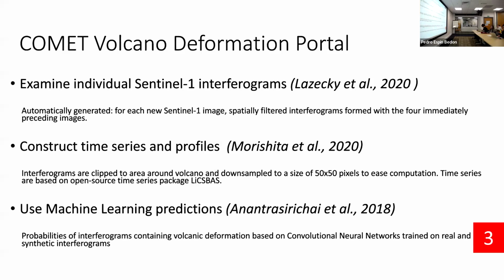Right. So the things that you can do on the portal are interrogate individual interferograms. There's a sliding tool that allows you to just click through the whole list of interferograms that we have for a particular area and see what they look like. You can construct a time series and look at spatial profiles cut across the data. That's particularly useful for the sort of thing that I started off this morning's presentation talking about: looking at the shape of the signal relative to topography, and looking at the temporal development of the signal to distinguish between atmospheric and deformation processes.